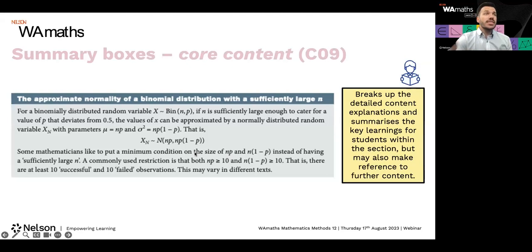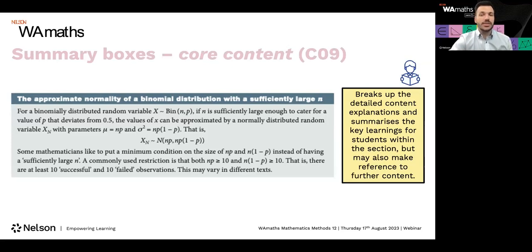We've got a nice summary here of what that would look like as an approximate normal distribution. But then there may be some further advice to both teachers and students to link it a little bit further to what they may see. So for example, there's nowhere in the syllabus, and nor are students really expected, to justify normality by using np greater than a certain value. Some books do 10, some books do 20, 30. But where appropriate, we've introduced those kinds of things that students may like to use as further checks, even though they're not